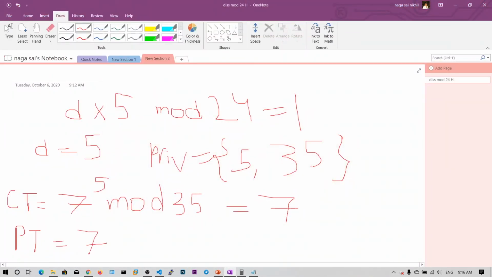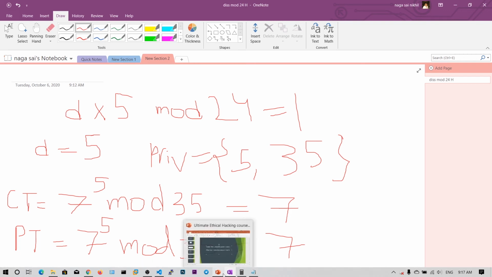What is the ciphertext? 7, and d is also 5, and mod n, which is 35. In this case both operations are the same, and we get 7 as the plain text. So this is how you can encrypt the plain text using the RSA algorithm.